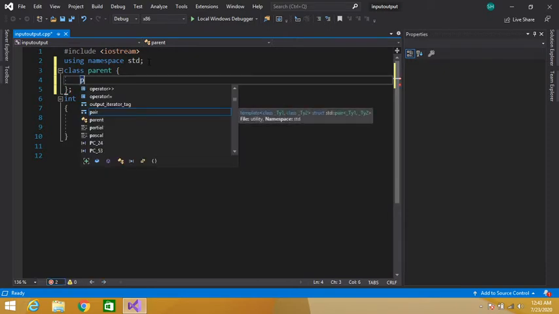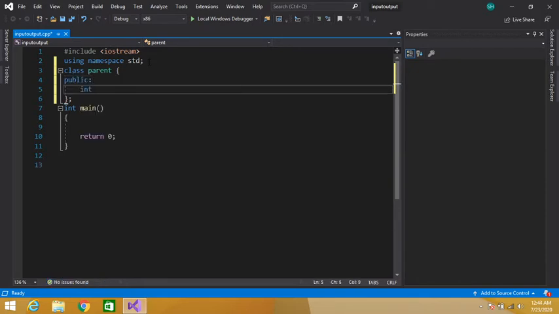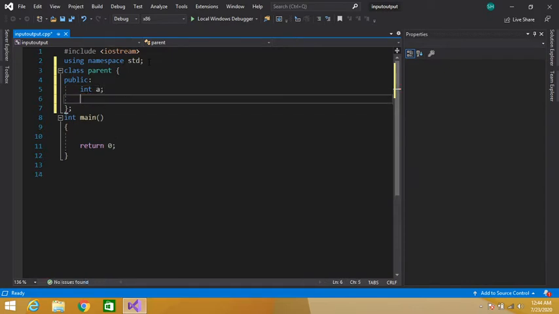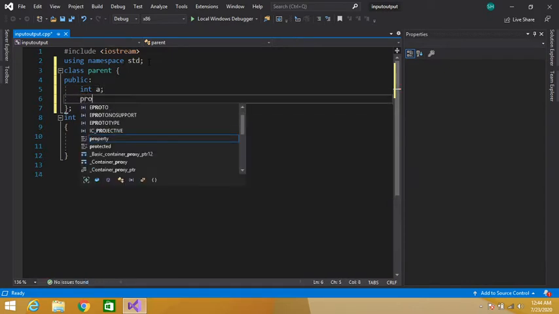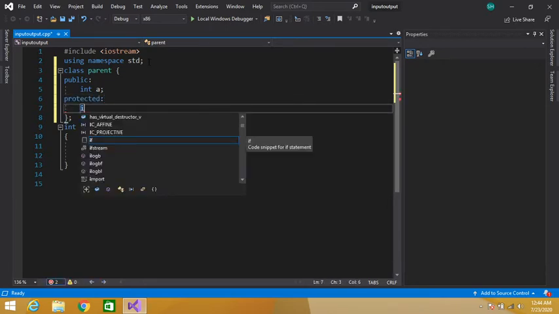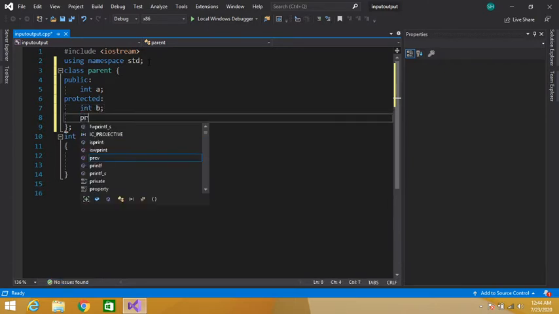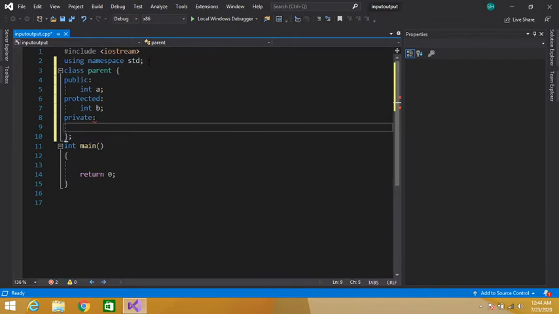First, public A, protected, let's say B, and third is a private data member, C. So we have three data members in our parent class.